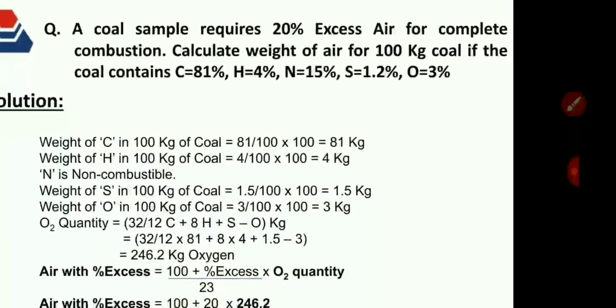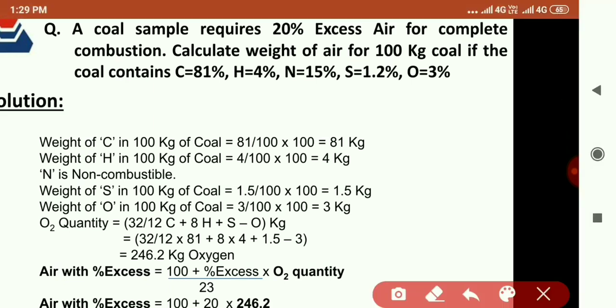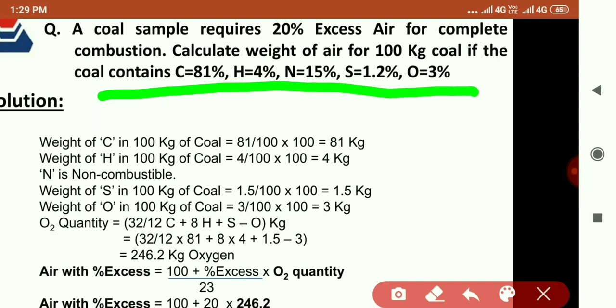A coal sample requires 20% excess air. तो जो हमने फॉर्मूला सेकेंड वाला यूज़ किया था एक्सेस एयर वाला, उसको यूज़ करेंगे। सो a coal sample requires 20% excess air for complete combustion. Calculate weight of air for 100 kg coal if the coal contains इतना परसेंटेज ऑफ एलिमेंट्स. सो 100 kg कोल में हम पहले निकालेंगे कितना कार्बन, हाइड्रोजन, नाइट्रोजन है।